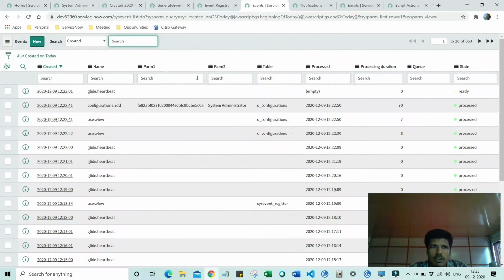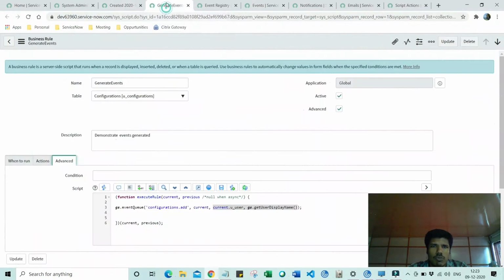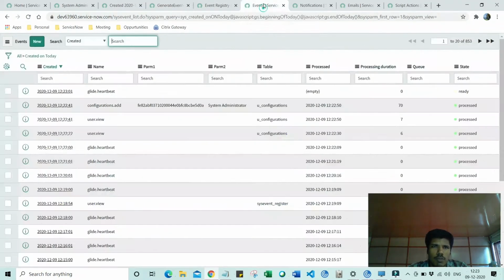Now, what is my third parameter which goes into param1? The third parameter which goes into param1 is the current.u_user. So the third parameter is the user record value stored on the configurations table. So that is getting fetched. And the fourth parameter is the display name of the logged in user, which obviously is system administrator because I'm logged in as the system administrator.